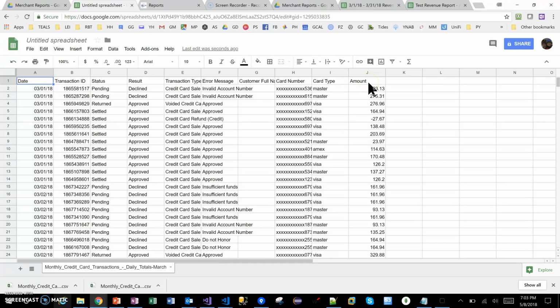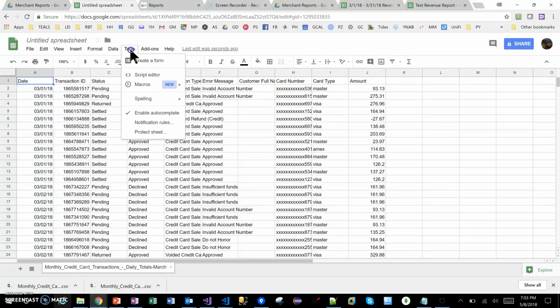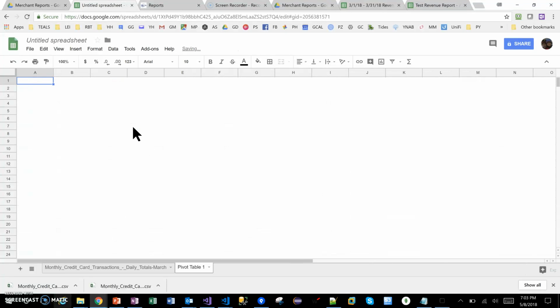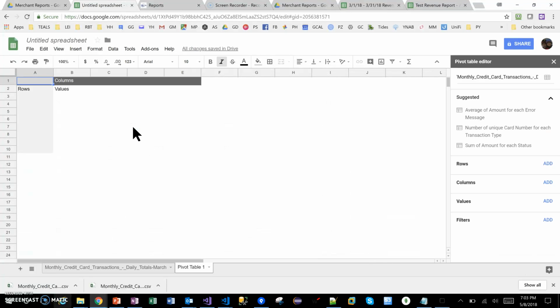And what we want to do now is summarize that data, and we're going to use a tool called the pivot table. So if you go down to the data tab, you select the pivot table, and it's going to give you a blank pivot table. And I'm going to quickly go through the pivot table, and I think you'll see, but it has rows, column,